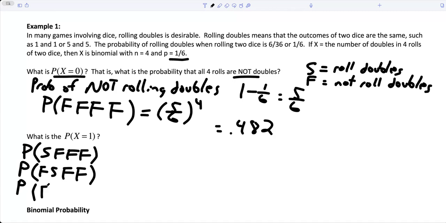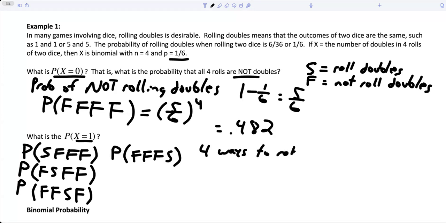There's 4, right? Fail, fail, success, fail. And then the last one, fail, fail, fail, success. In the formula that we looked at yesterday, that's where the combination comes from. How many different ways are there to have 1 success out of 4? In this case, there are 4 ways